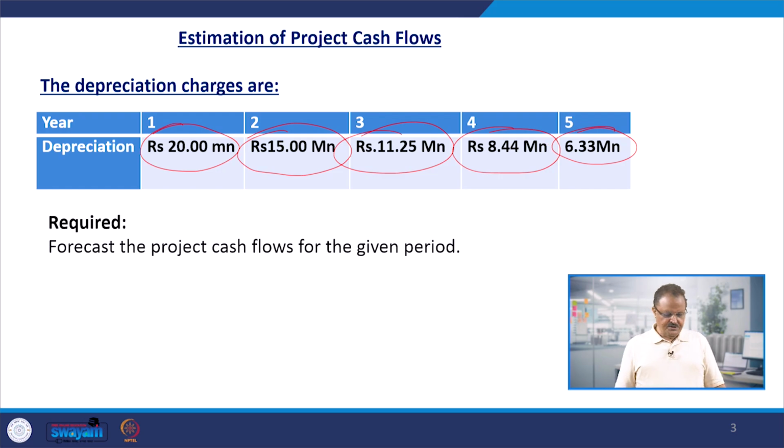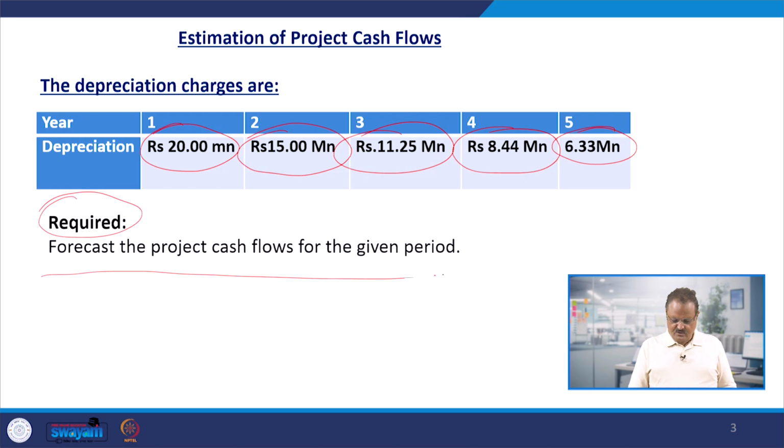So, on the basis of it, what is required from us, or what is expected from us, is to forecast the cash flow for the given period. Say forecast the project cash flows for the given period, means for a period of 5 years, right? So this information is given to us, information with regard to outflow, inflow, cost of the funds, sources of the funds, and the life of the project, the initial investment, the operating cash inflow, and the terminal cash flow,